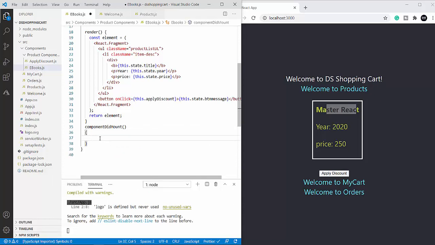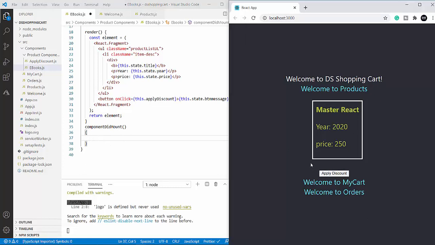So what logic I'm going to include here is a paragraph, to show my customers that you can apply a discount from here. Click the button here to apply discount. I want to enter that message over here.